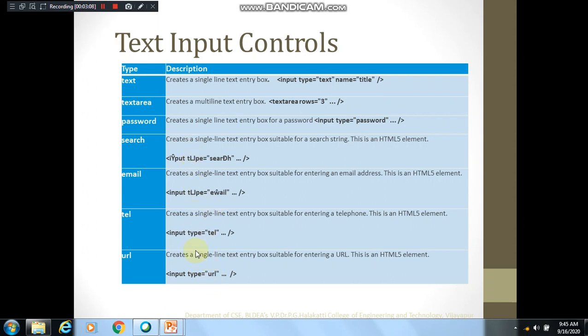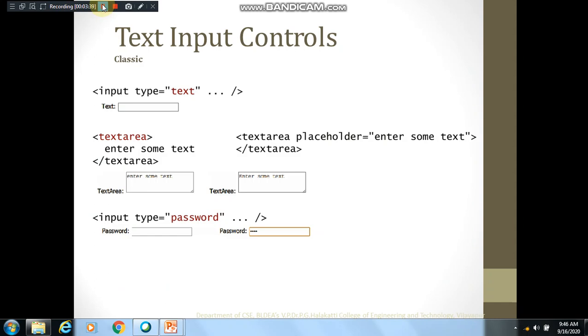So in all the four cases you have a provision to make use of text box also, but specifically you are using these where the verification of the data entered by the user is done automatically. Rather than saying verification, we call it form data validation, that is done automatically in case of these input controls. Those are supported only by HTML5 and you are not able to see them in previous versions of HTML. Yeah, this is the text input control.